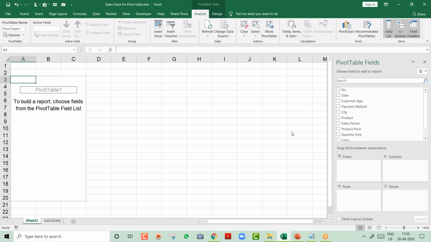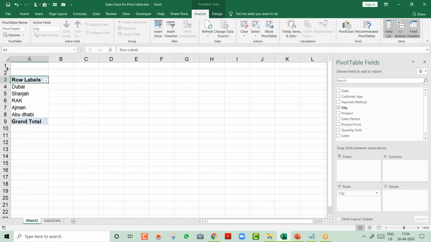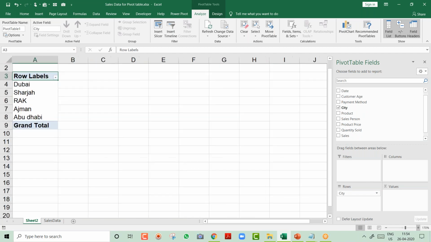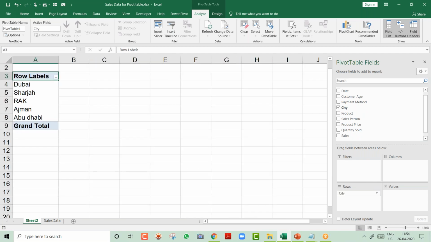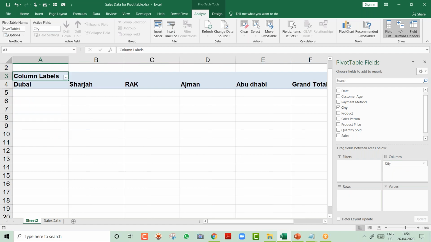Let's say your manager tells you, okay Ramzan, can you quickly create a city report? So what I will do, I will take the city from here and I will put it under Rows. What is a row, friends? These are rows 2, 3, 4, 5. This is the row area, right? If I put this city under Columns, this white area, you will see it will become like this. So these are the basics of pivot I'm explaining to you.